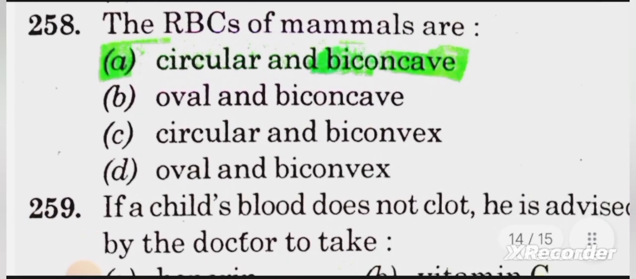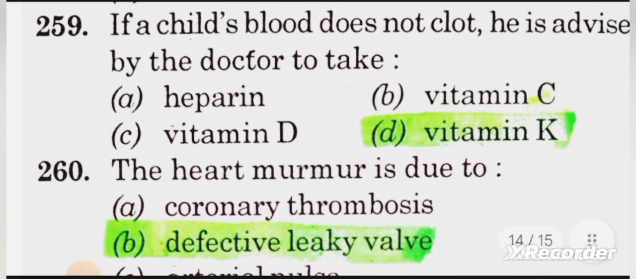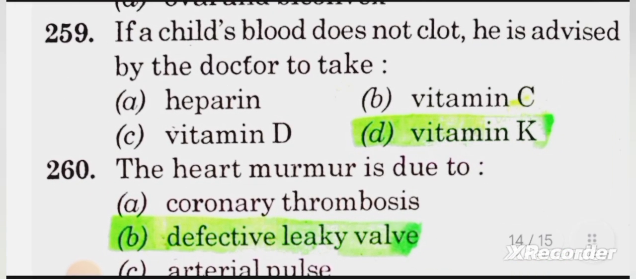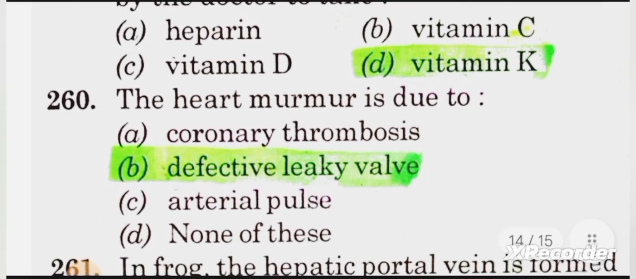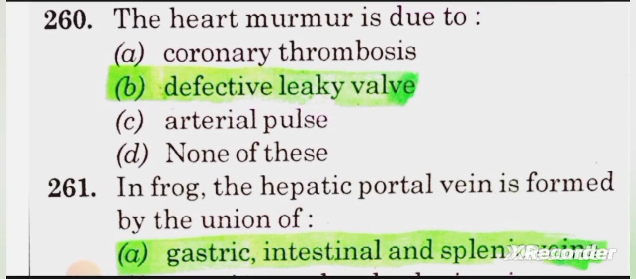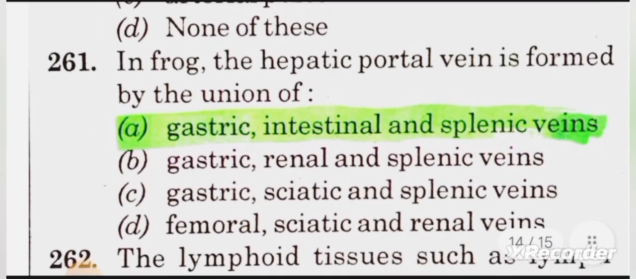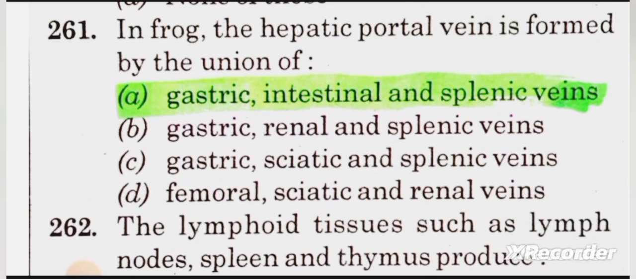Next, 258. The RBCs of mammals are answer A, circular and biconcave. Next, 259. If a child's blood does not clot, he is advised by the doctor to take answer D, vitamin K. Next, 260. The heart murmur is due to answer B, defective leaky valve. Next, 261. In frog, the hepatic portal vein is formed by the union of answer A, gastric, intestinal and splenic